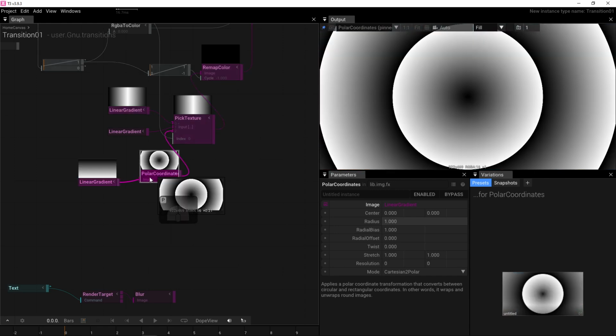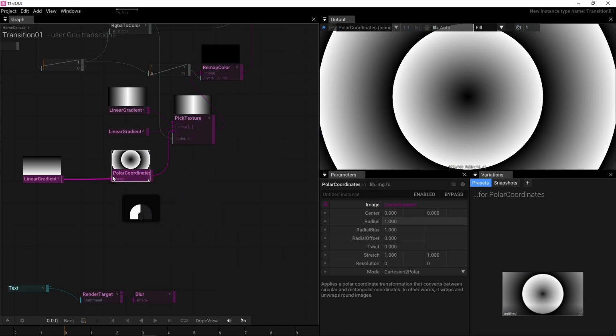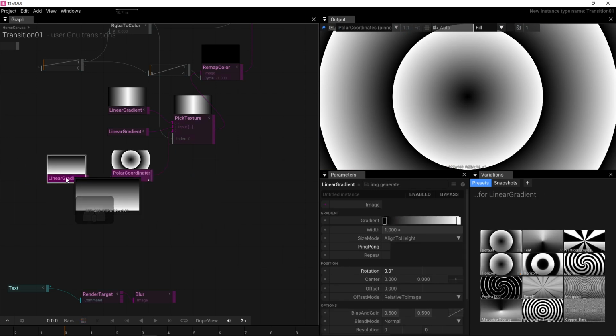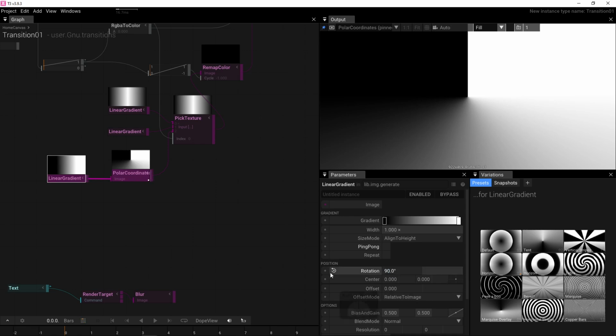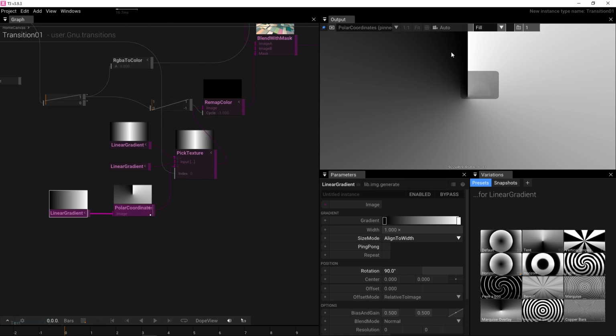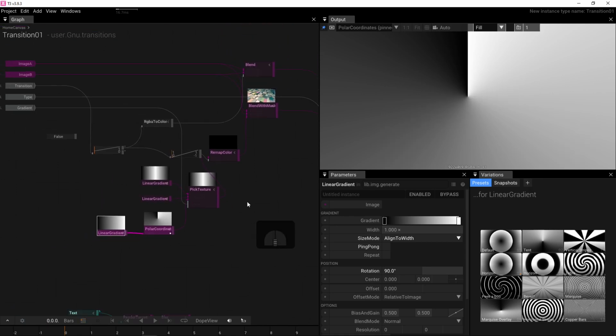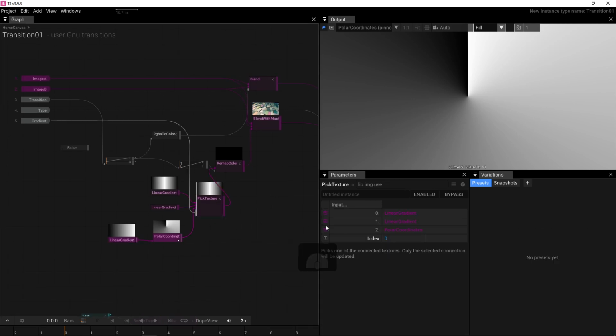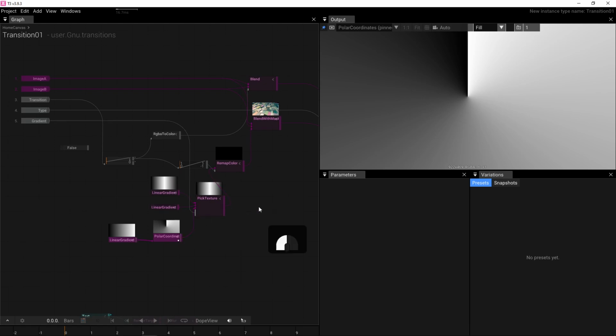If I pin polar coordinate, we get this, which is interesting. But I believe that if we rotate our gradient like this and align it to width, we get this beautiful gradient. And now we know that the one with polar coordinate is index 2. If I use index 2 here,